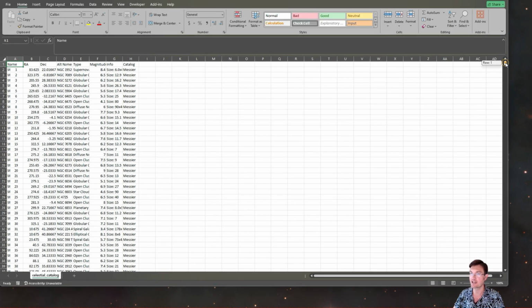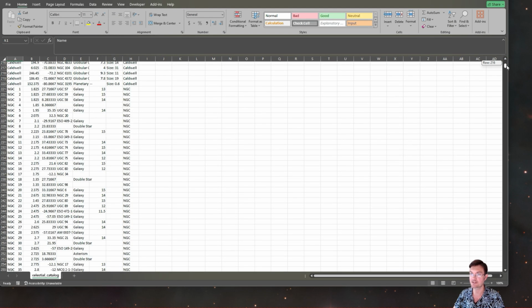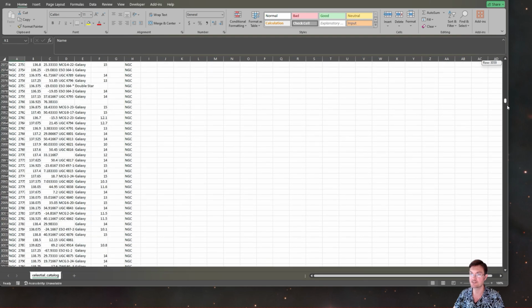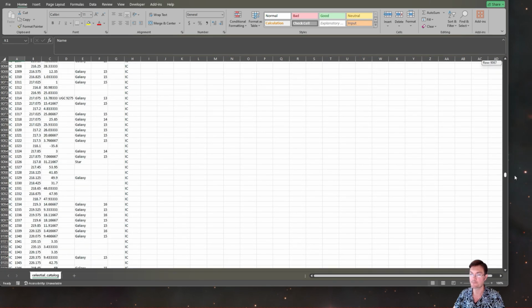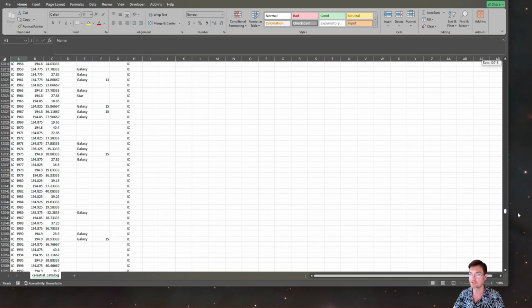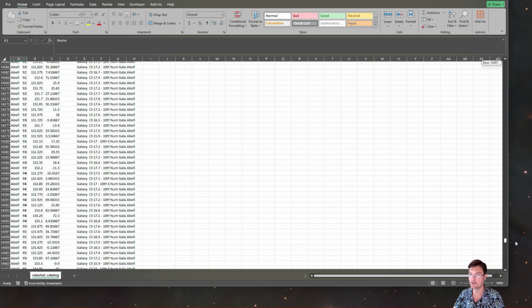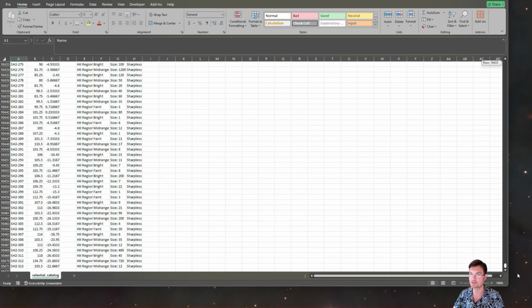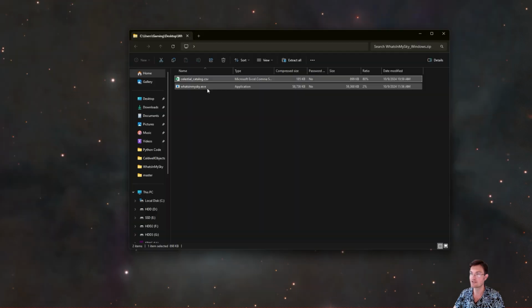So I have all the Messier objects, all the Caldwell objects, all the NGC objects, all the IC objects, all the Abell objects, and all the Sharpless objects. In total, just shy of 16,500 objects that What's in My Sky will search and populate for you. And then